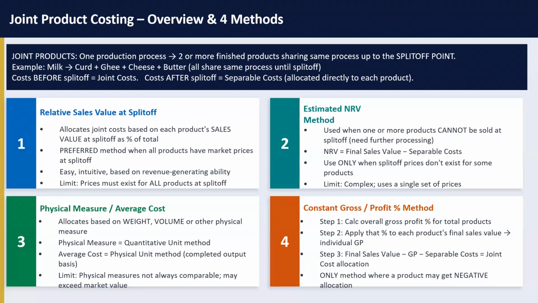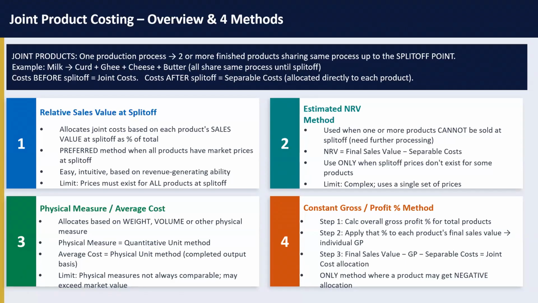Next up, we have the estimated net realizable value method. So what happens here? This is a default method. To be frank, when sales value at split off is not there, you have no other choice. You will have to choose the estimated NRV method. Suppose sales value at split off is there and net realizable value is also there for all your products. At that time, you will be using relative sales value at split off itself. Even though your NRV, the final sales value after further processing cost, is available, if you have the sales value at split off, you will still have to choose the first method,